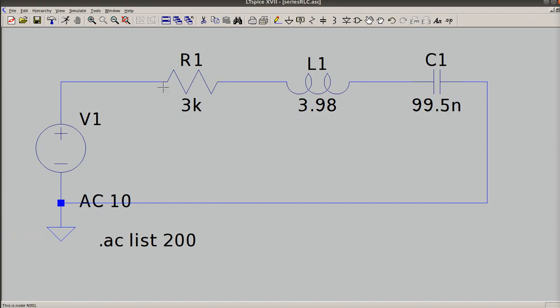I've got 3K of resistance. I've got 3.98, and that would be Henrys of inductance, and I've got 99.5 nanofarads. Nano is 10 to the minus 9th capacitance. I've got a 10 volt source, and I'm going to analyze this at 200. So you could build this circuit. LTSpice would analyze it all day. It'll take care of all the background stuff for you,